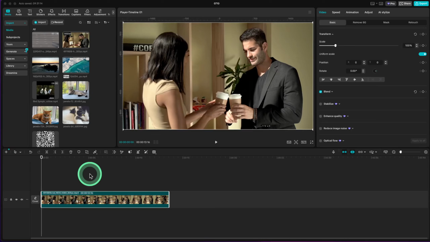In today's video, I'm going to teach you how to add a boomerang effect to your videos using CapCut. Whether you want to create that fun looping motion for your social media content or add a creative touch to your projects, this tutorial will guide you through every step of the way. Boomerang effects work best with short and smooth clips, and CapCut makes it easy to achieve this, even if you're